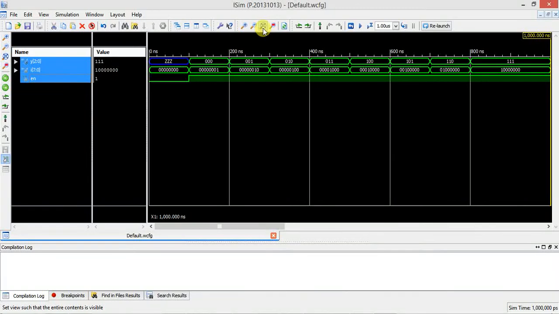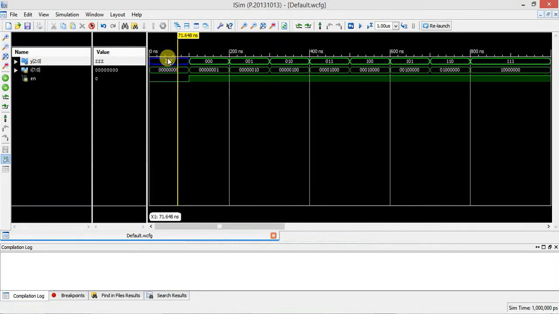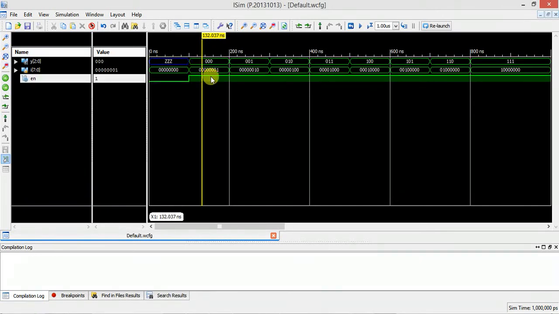So how to see the output? You can see now. If enable is equal to 0, for any combination of input, whatever input you give here, output will be ZZZ. See here, output is coming ZZZ. Now enable is made 1, and I of 0 is 1. I of 0 is 1 is coded with 3-bit 000. Now I of 1 is equal to 1, so it is coded with 001. I of 2 is equal to 1, so coded with 010, which means 2.